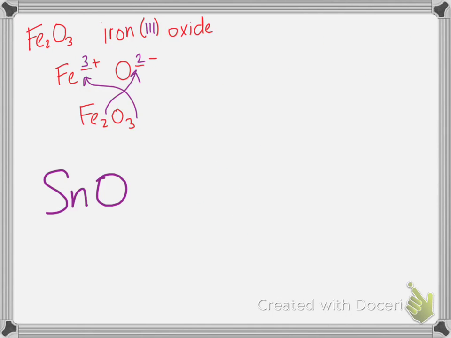SnO. Do you know what Sn is? Tin! Do you know the mnemonic for that? Tin snips. Snips. Sn. Tin snips. So, you've got tin oxide, but we don't know which ion of tin. So we know that this is tin something